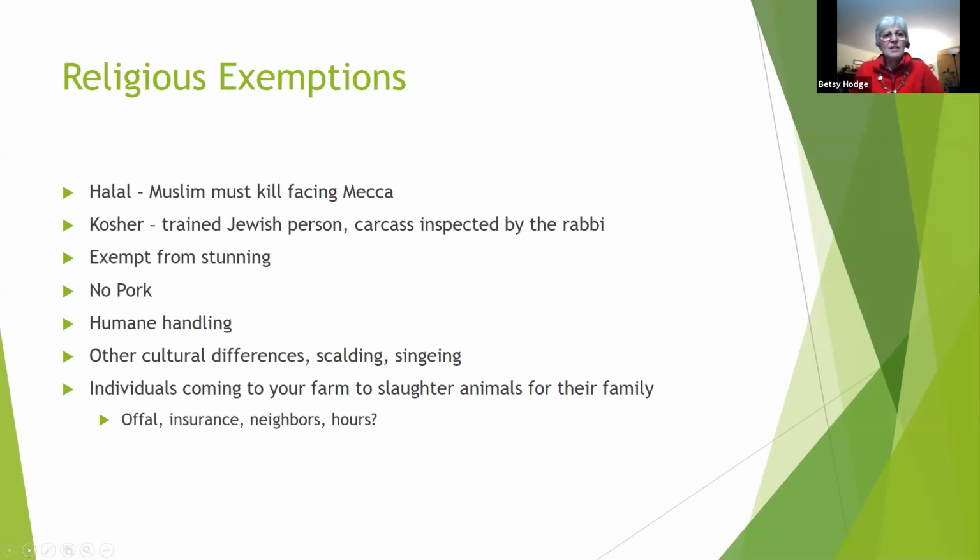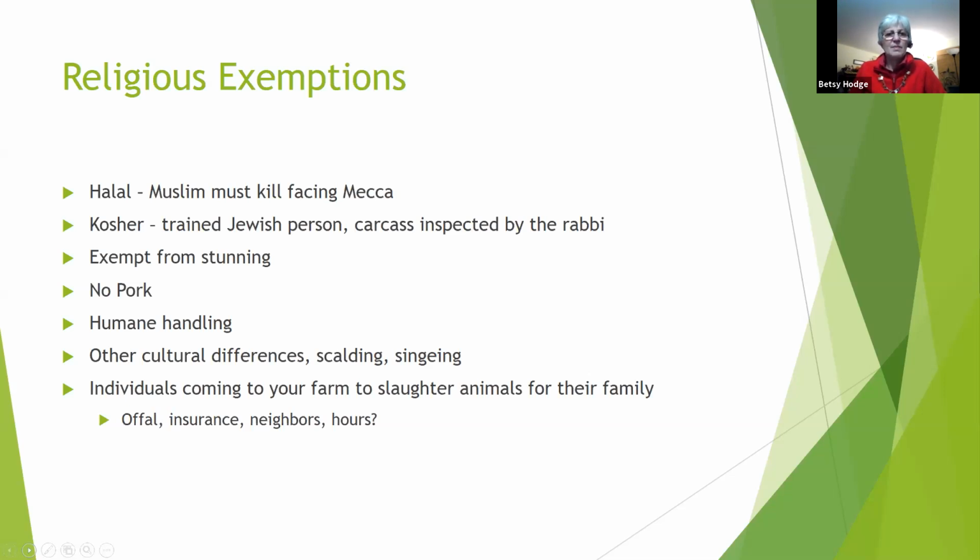There's halal, which is a Muslim must kill them, and they have to face the animal to Mecca, and it's a throat cut with no stunning. Kosher is a trained Jewish person. It's a very similar sort of slaughter. They both say a blessing on the animal, but I know in the case of kosher, at least it's inspected